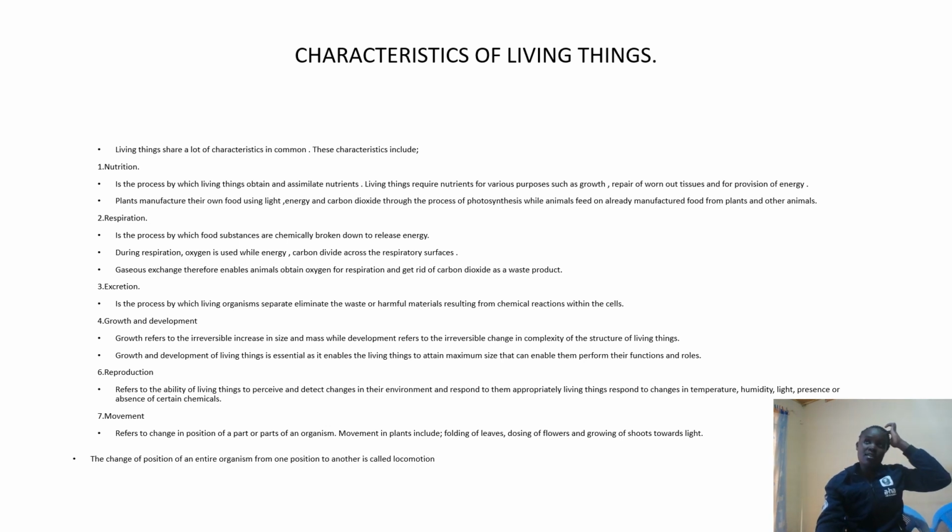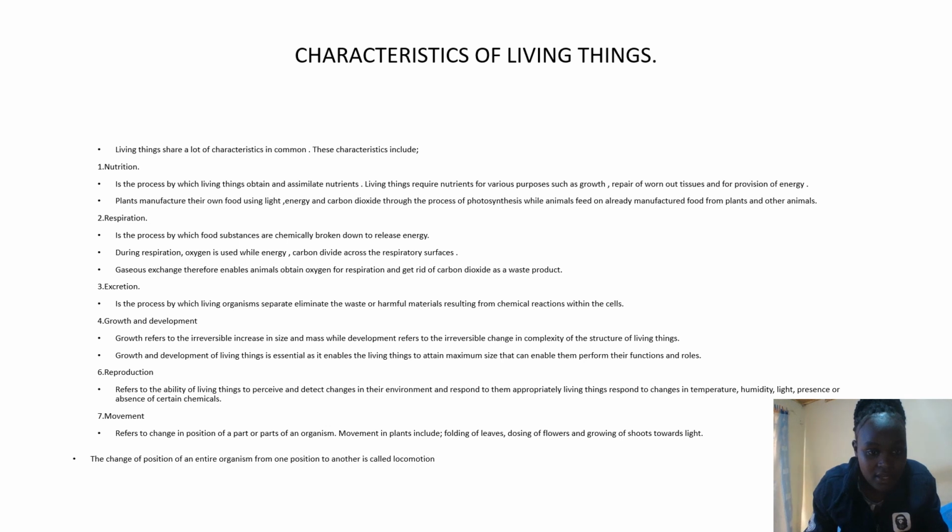In reproduction, the organisms are able to produce young ones. They can carry out the mating process and finally produce young ones. Like in animals, animals can mate and finally lead to the production of young ones. And as we looked, there is heredity of genes in both human beings and also animals.